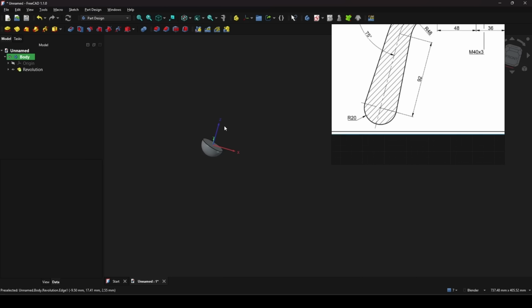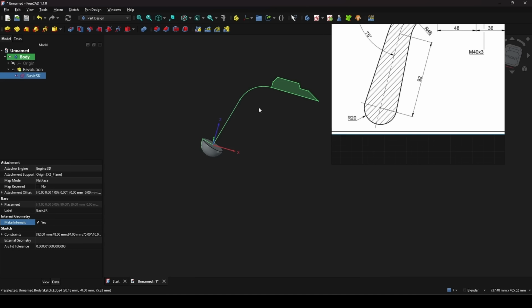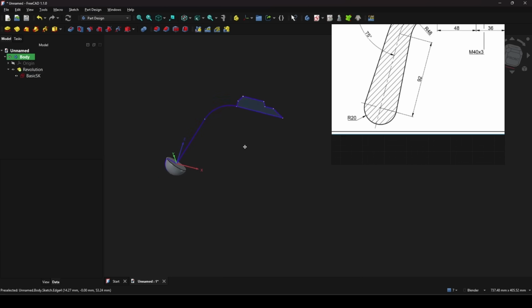But we lost the sketch. We need to show the sketch. Go inside here and show the sketch. Hit spacebar to show the sketch. Okay, now